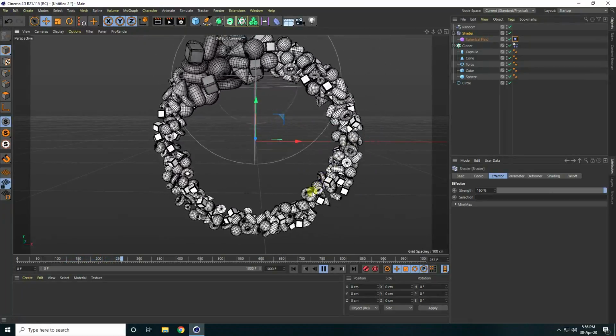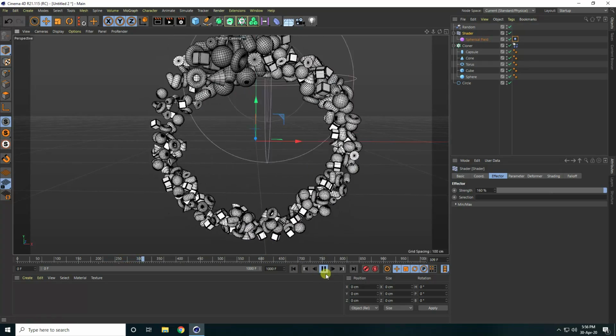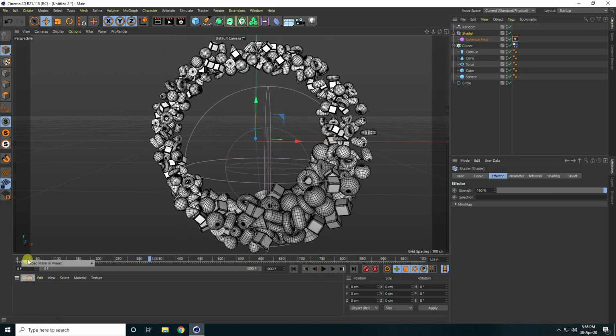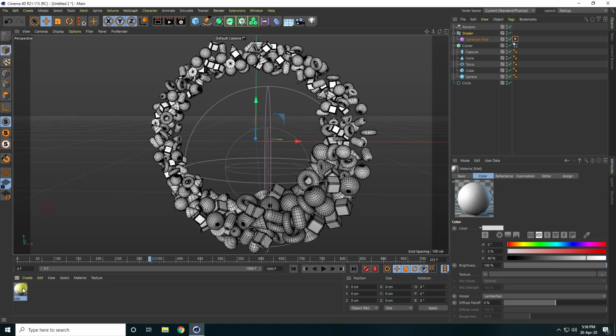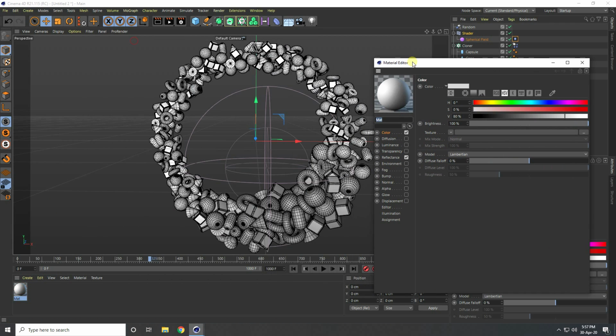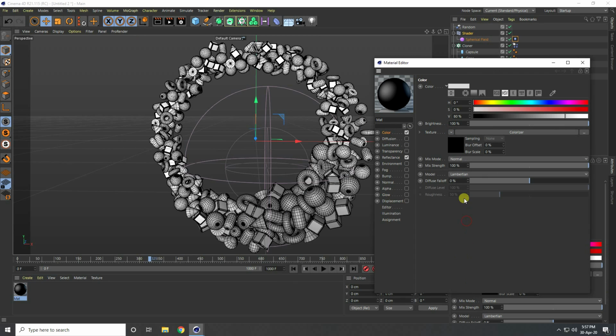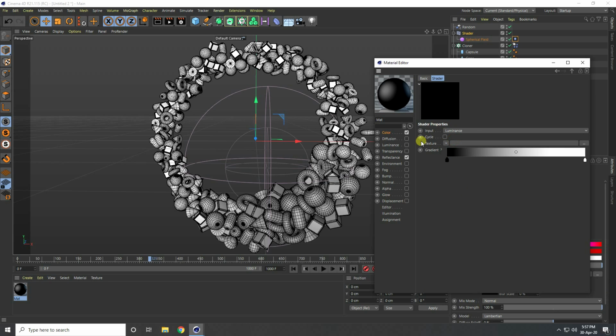Okay, so guys, create new material for shader. So stop and I go to create and go to default new material. Open this material. Yeah. And I go to color. Guys, texture and use colorize. Yeah. And click on colorize and texture. Go to MoGraph and use color shader, this one.